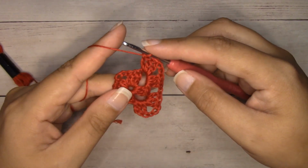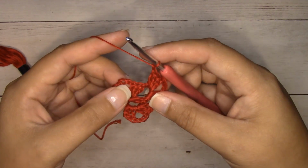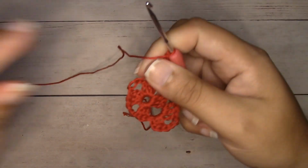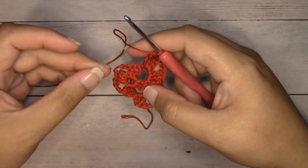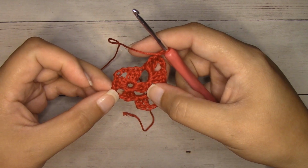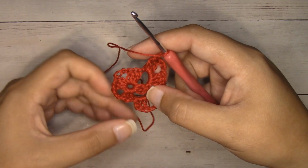Second corner is finished. Chain 1 in between. In the next corner chain space I'm going to work 3 double crochets, chain 3, 3 double crochets. Then I'll work a chain 1. I'll work my last corner, 3 double crochets, chain 3, 3 double crochets, 1 final chain 1, and then we'll